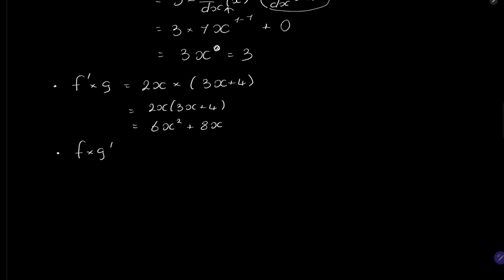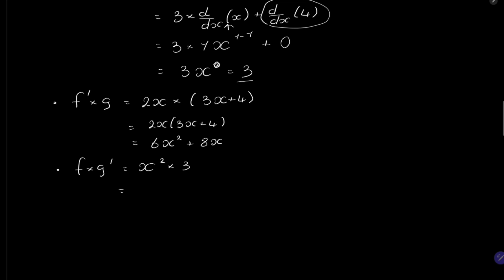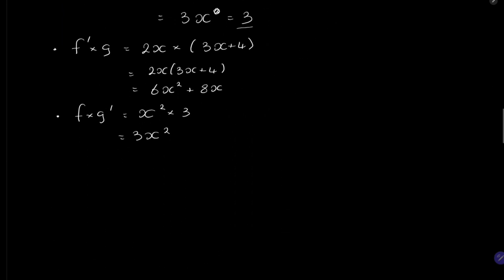f times g prime is x squared times what is our g prime? 3. And this gives us 3x squared. Now moving on to our fifth term, our fifth step tells us to add the two results, that is f prime g and g prime f. So our fifth term tells us f prime times g plus f times g prime,